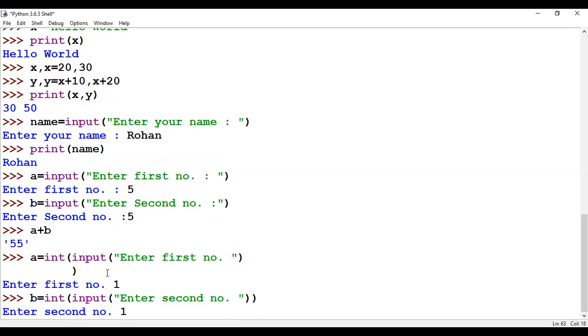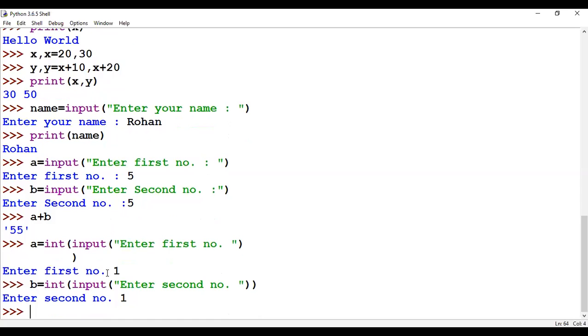Second number is again 1. Then a plus b. Now its result is 2.